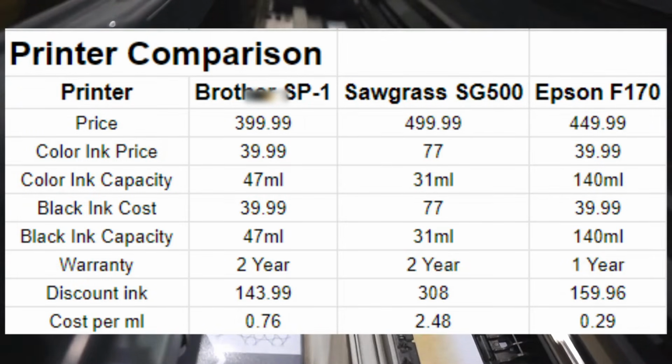Next, let's look at the warranty. Both the Sawgrass and Brother feature a 2-year warranty compared to the Epson 1-year warranty. This brings us to the next huge point, which is probably, I think, the most important point of all, the